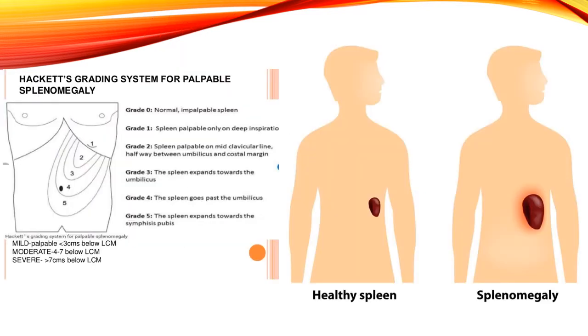In this diagram, you can see a healthy spleen, and this is how the spleen gets enlarged. This is just a diagram. You don't need to know the spreading system. I've just added this to show you the direction of the splenic enlargement: the spleen can enlarge in a downwards and medial fashion. It can project below the left costal margin and become palpable. Sometimes it can enlarge as far as the right iliac fossa, and its expansion can go as far as the symphysis pubis.